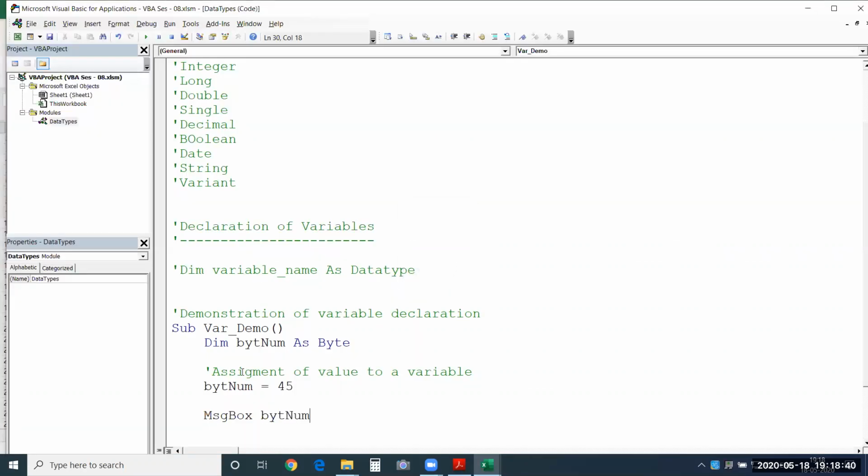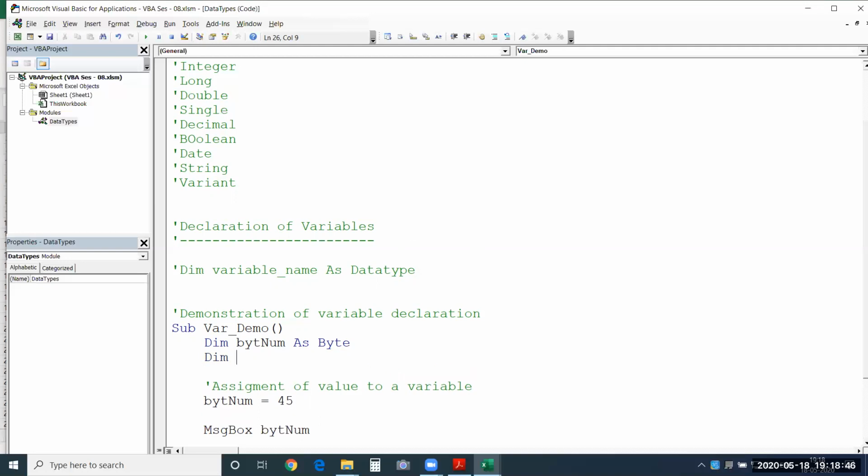Now suppose I want to use another variable here, dim. Let's say I'll use string this time and say name as string. For any text value that you're going to use, you can use string data type.